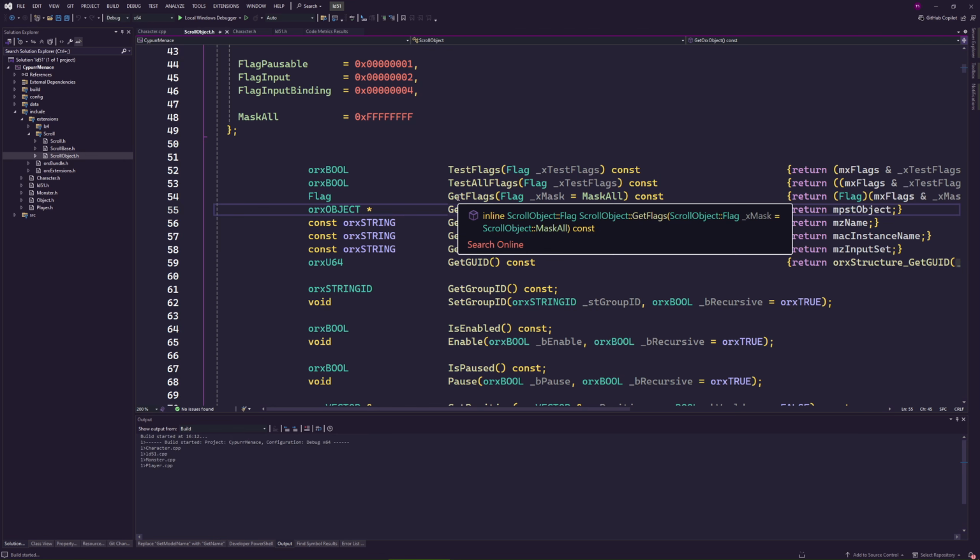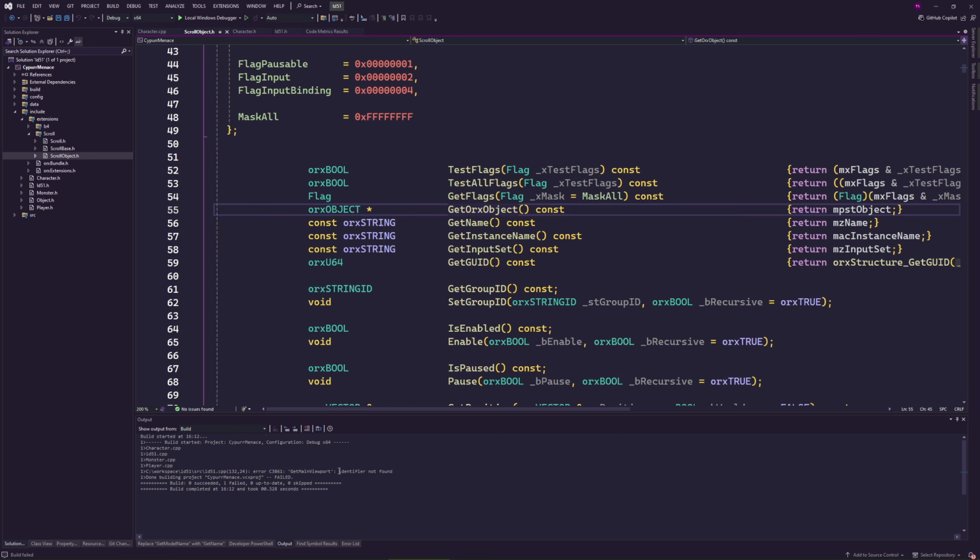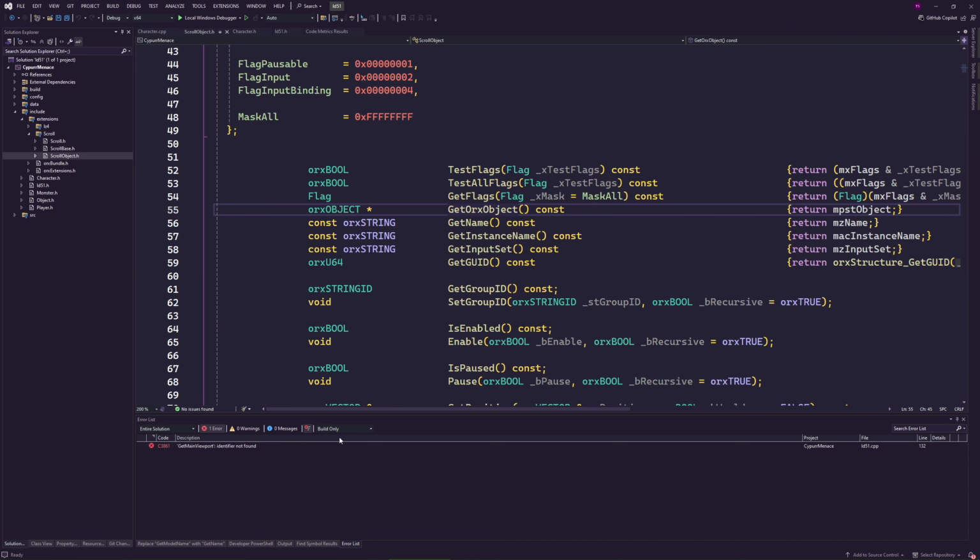And now if we try to build, we can see that we don't have these errors anymore. It's only the main viewport as mentioned earlier. So remember, get model name became get name, and the old get name became get instance name. Those are the two modifications you might have to do if you were using those functions. If you were not using this function, you have nothing to do there.